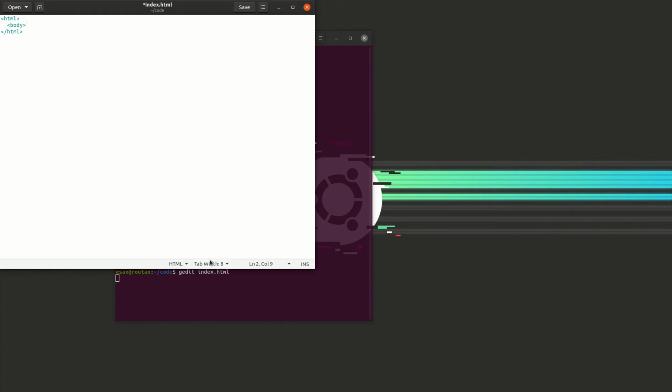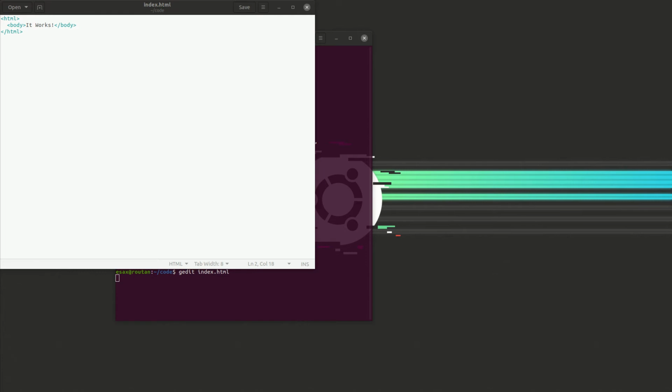Body. And we'll put in it works. This is the classic Apache thing. We'll save that. And then what we can do is we can actually navigate to it by typing in the file path